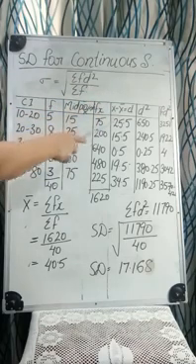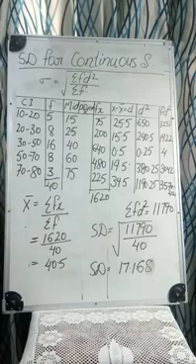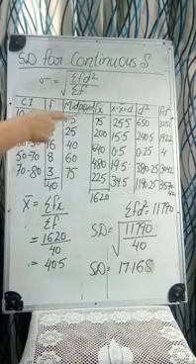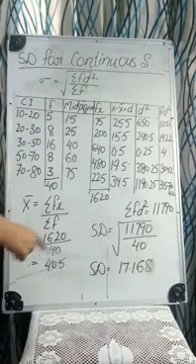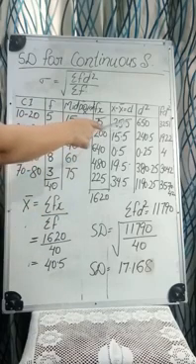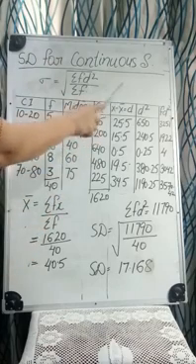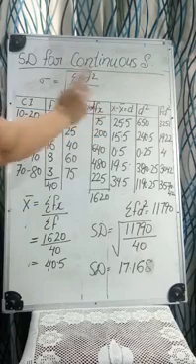Okay, so x is 5 and x bar is 40.5. Not 5, it is 15. X is 15 and x bar is 40.5. So we will get minus 25.5. Due to the shortage of space I am writing like this, but you have to write down everything in the proper way. So you will get every value for the d by subtracting x minus x bar.